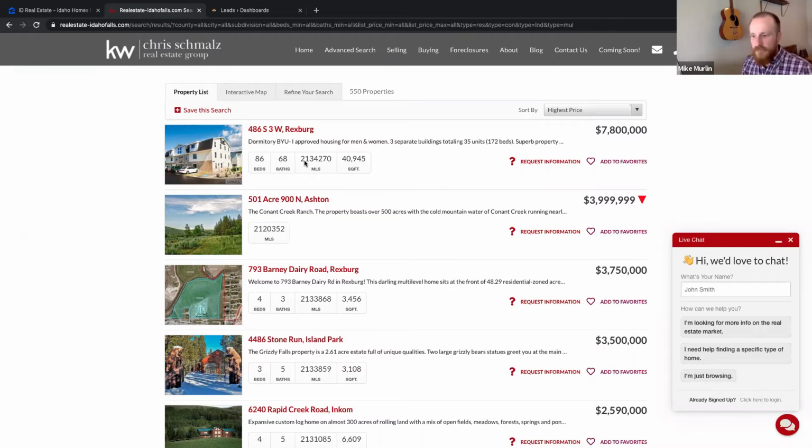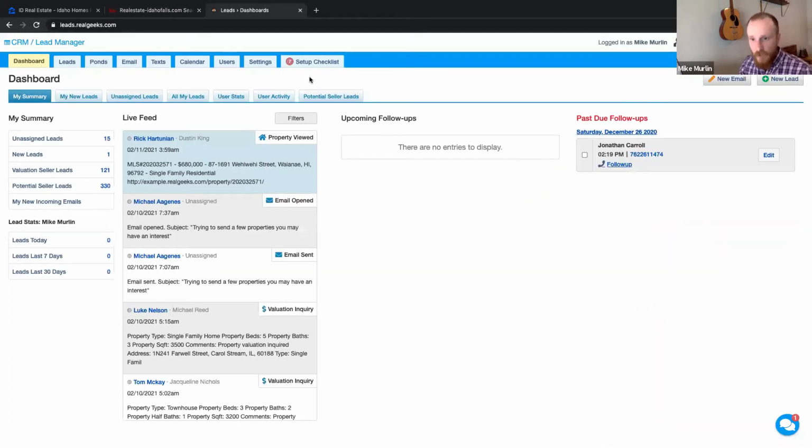It's one thing to manage folks who are really hot and ready to close as soon as they find the right home. It's a little bit more challenging to nurture someone who wants to buy or sell, but they don't want to do it for 14 months. And you want to make sure that it's you they use, over a year later when they're ready, right? So that's the second piece of what Real Geeks provides, a CRM, a lead follow-up system that does just that. It puts you in a position to stay in front of all of your clients, whether or not they want to buy or sell right now, and do so in a way that's actually valuable to them, keeps them engaged, and continues escalating their interest until they're ready to